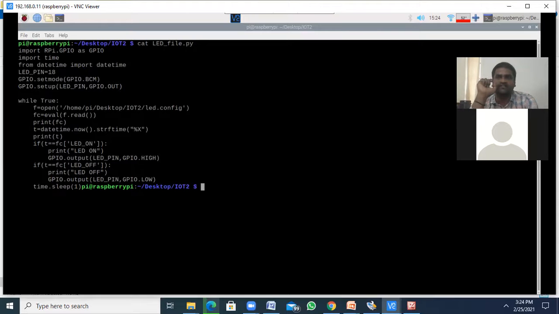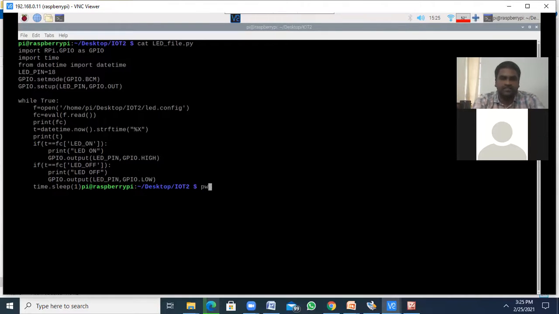In the configure file, we have LED on time, off time. LED on time I'm setting as 15-20 seconds. LED off time is 15-21 seconds. So we want to read that file. For that I'm using f is equal to open of home pi. The file is available in the iot2 folder right now.